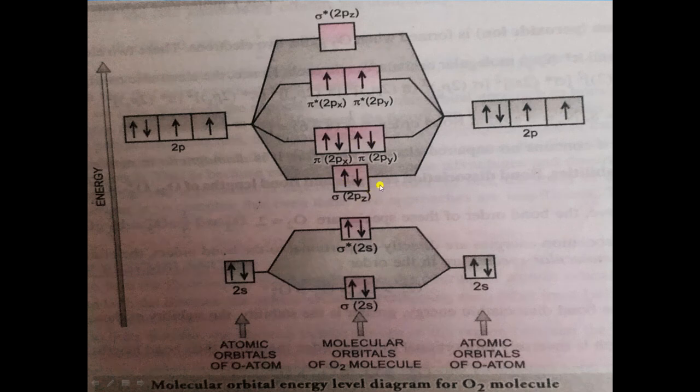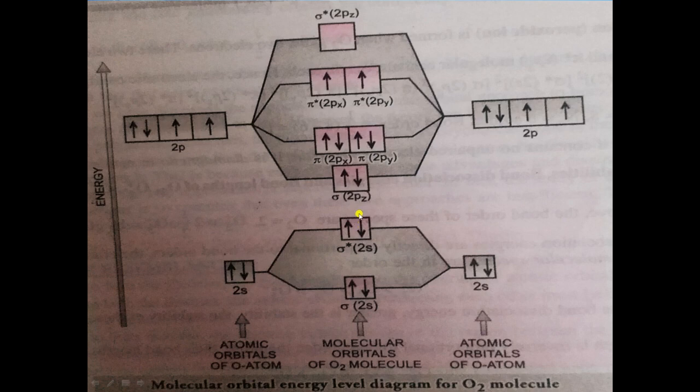Now you have to answer why there is a change in the energy level diagram of nitrogen, carbon and nitrogen ions. Why in those molecules is sigma 2pz present above pi 2px and pi 2py? The reason is, as you can see here, sigma 2pz and sigma star 2s. For the oxygen, fluorine and neon molecules, there is a larger energy gap between these two orbitals. That means there is less repulsion between these two, so they can be present in this way.